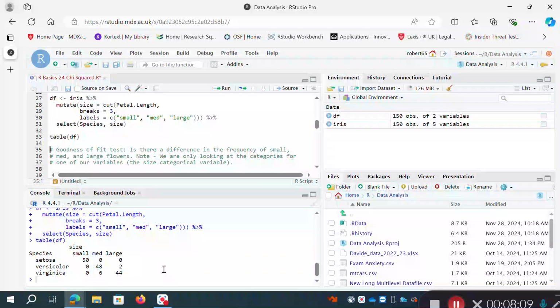So you can see straight away we've got differences between these species and their size. So there seems to be an association between species and size, and the proportions across species and across size are not roughly equally spread. Okay, so we will run a test of independence on this table shortly, but what I will do first is